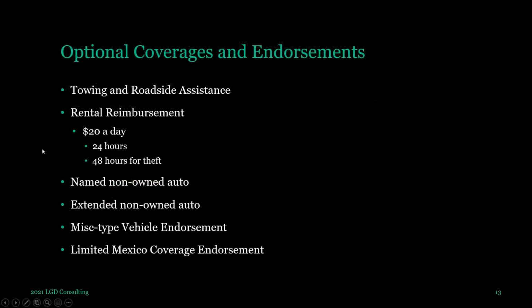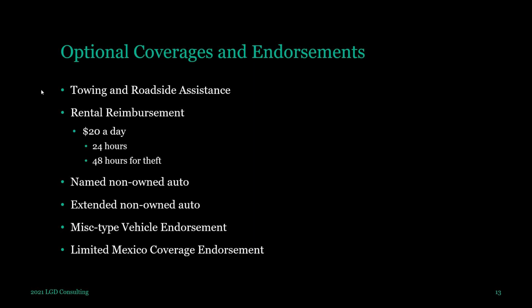All right. Some optional coverages associated with your policy is towing and roadside assistance. This is that tow truck that comes by, helps unlock your car, fixes your flat, or tows you to the nearest repair shop. That's what that's about. All right. Labor conducted at the scene of a breakdown or labor conducted at the place of disablement is the language that the test will use. All right. But that's all it is.